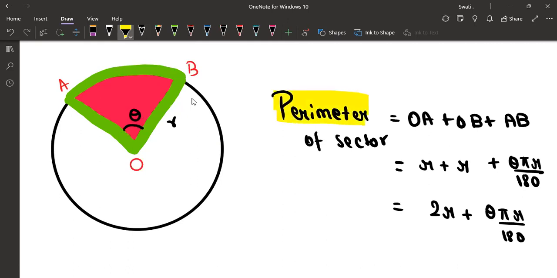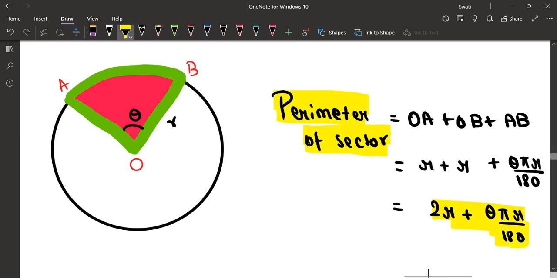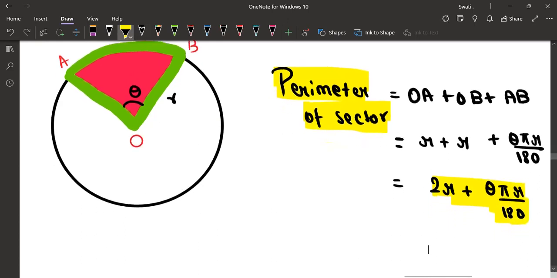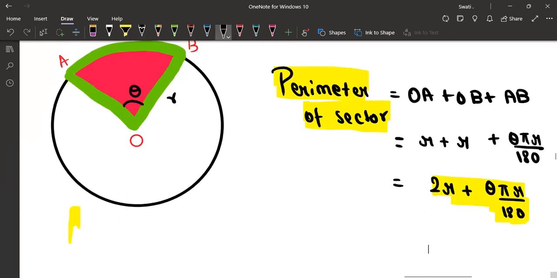So the perimeter of a sector formula is 2r plus theta pi r over 180. If you just remember the length of the arc, that is theta pi r over 180, you just have to add 2r to it, right? Okay, let's move to the next, that is the area of the sector. So the formula for area,